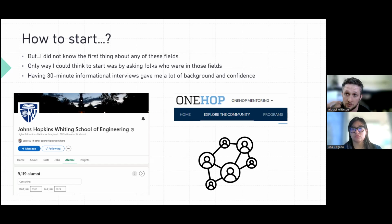And if I had to give it a systematic structure for how I did it, first is just learning about the field that you're interested in and the specifics, however you can learn it, right? Whether it's looking it up, attending these events, or talking to your direct colleagues or their direct colleagues in the field. Once I did that, then I felt comfortable reaching out to folks within that field to say, hey, I'm interested in exploring this field. I know a little bit about it, but I'd love to talk to you more about it,